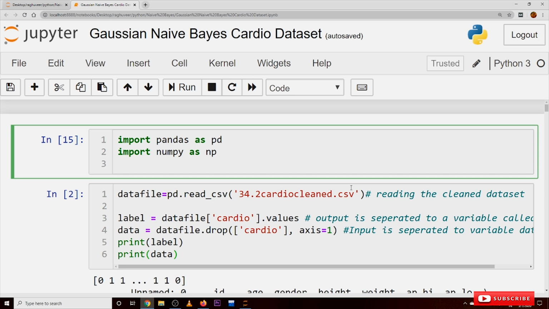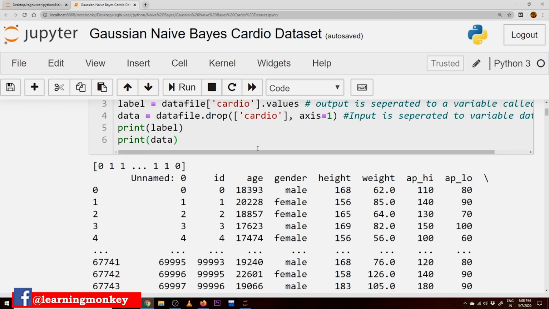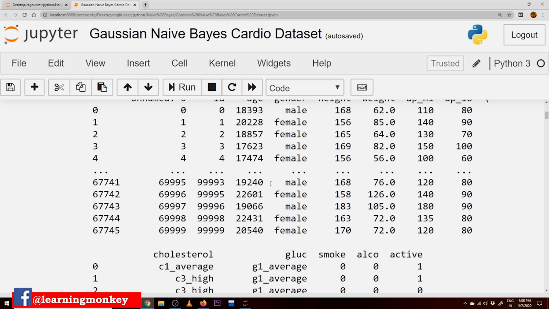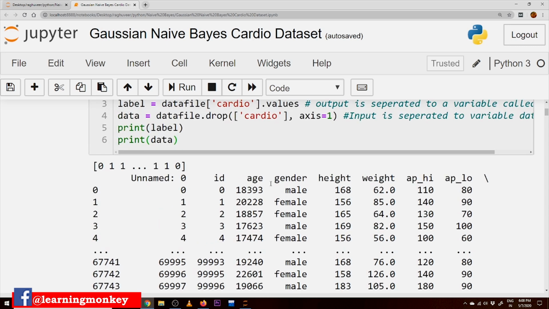We already discussed this dataset, and we already discussed the data cleaning and data pre-processing code required for this dataset in our previous classes. Our first 5 blocks of code are data pre-processing code. After that, our actual naive Bayes coding will start. The first block and all these blocks are clearly explained in our previous classes. So based on the assumption that you already know about this dataset, I just give a brief introduction about the dataset.